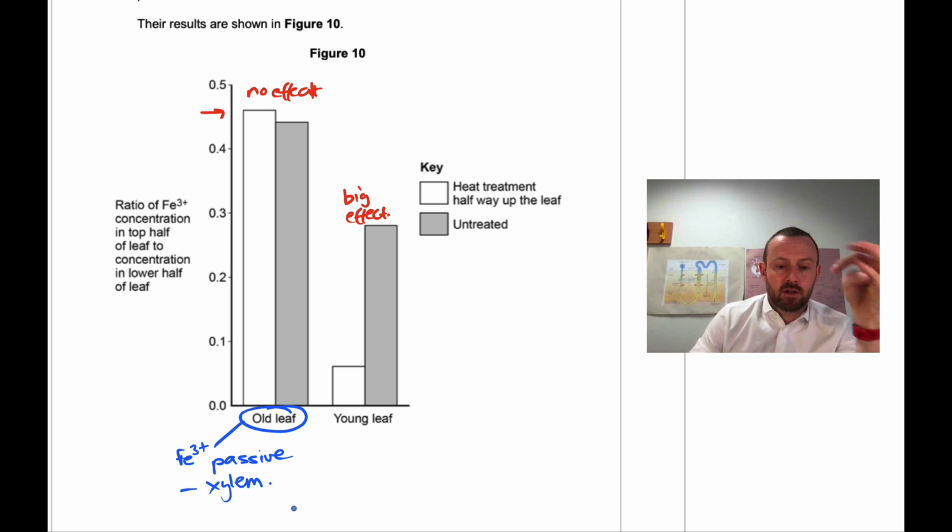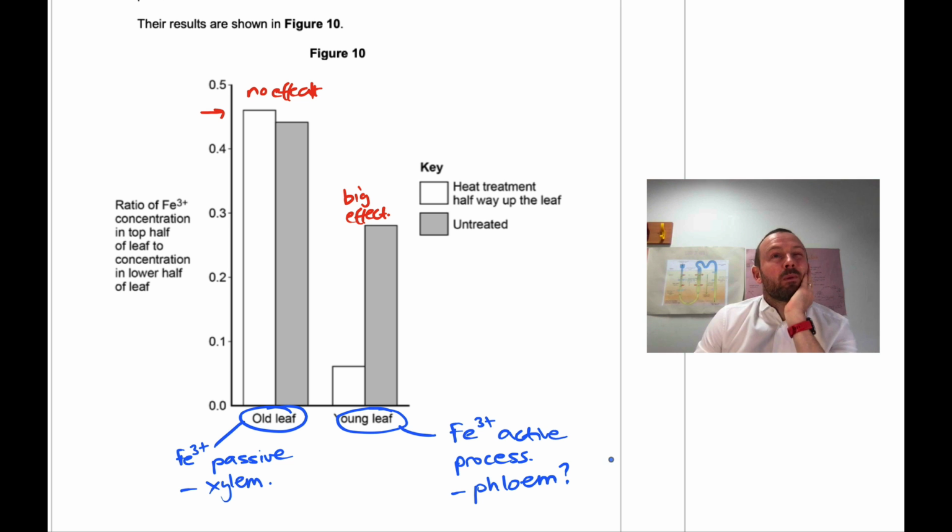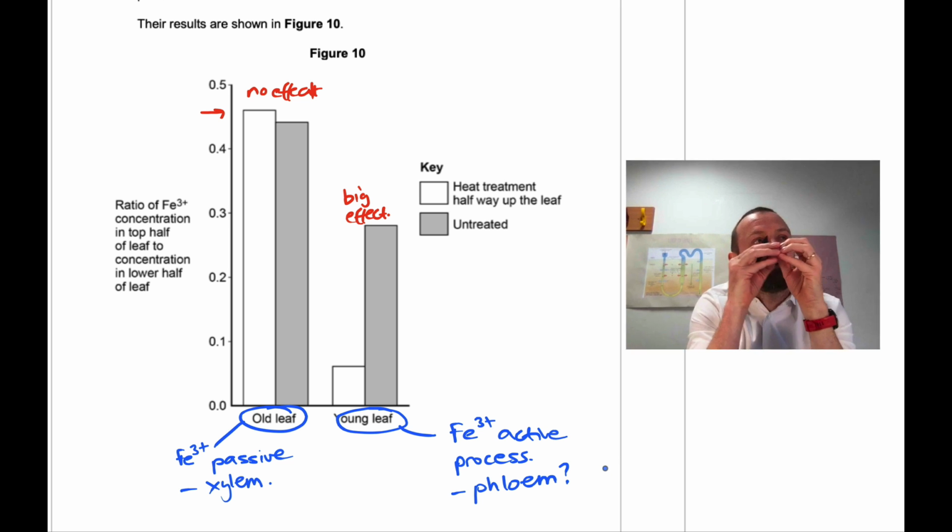That's one conclusion. But it would also follow that in young leaves, the Fe3+ movement is different. It must be an active process that requires ATP or requires living tissue. And maybe is in the phloem. Okay, could be. So that's a bit of a guess. I'm wondering why might that be? I think a young leaf that's actively growing,